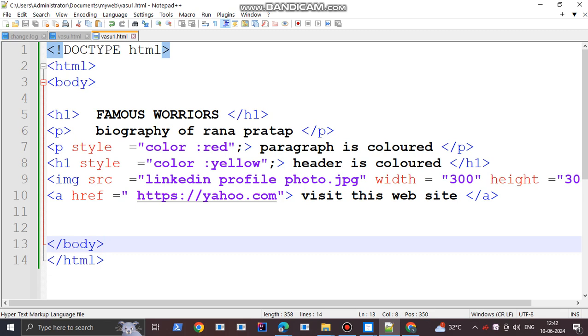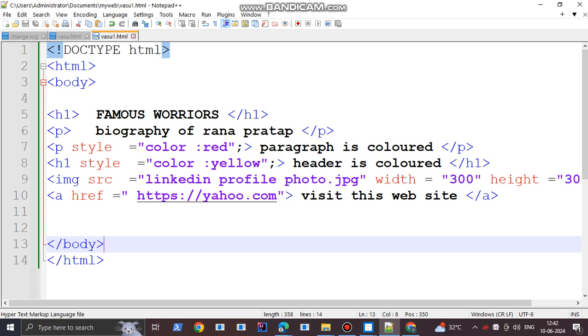The value is always kept in double quotation marks, and then the tag ends with the end tag. Next, the style for the header section, the H1 famous warriors, is the color yellow. Then we end with the end tag.